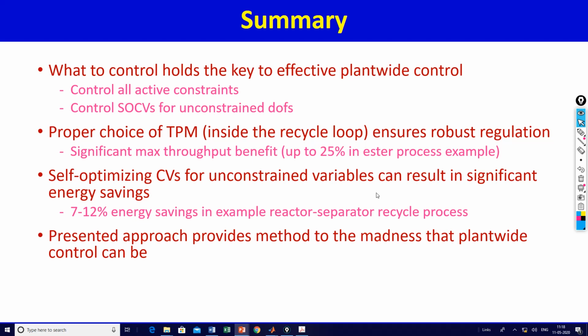So that completes all the technical stuff that I wanted to tell you. The next couple of lectures, or maybe one lecture, is going to be just a case study on a more realistic process, because this process was a toy process. Maybe we'll do the cumene process and the hydrodealkylation process, or one of these processes, maybe both, and that will be the last lecture. Go over that and then we're done.